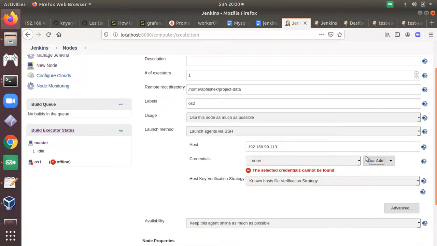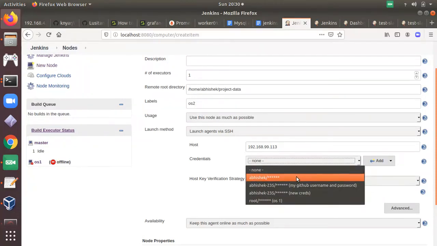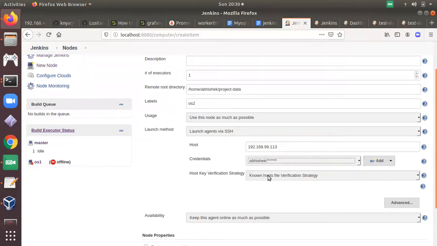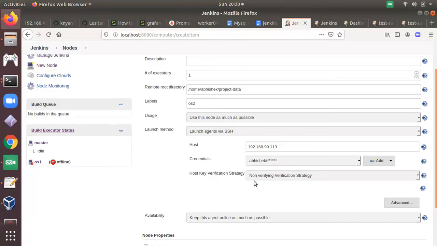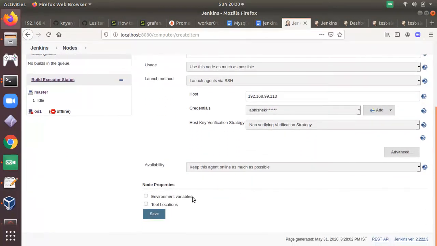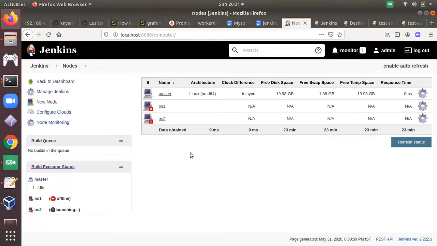And credentials you can add from here. Oh, I already added. And non-verifying verification strategy and save.